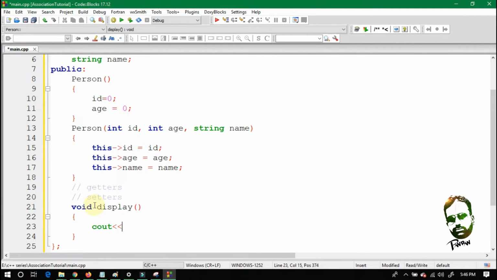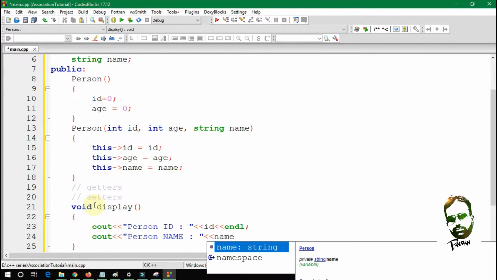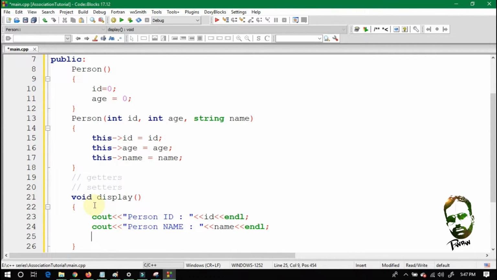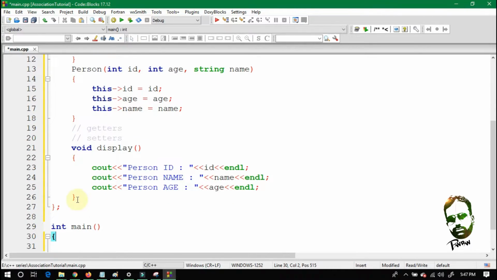So cout person ID, ID, cout person name, and name, cout person age. So this is the display method.